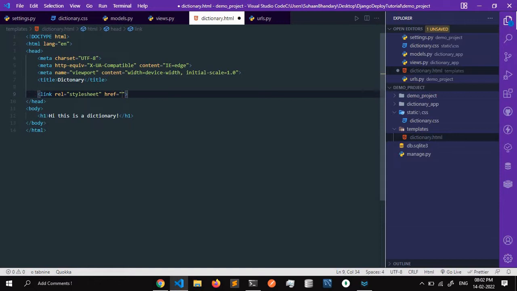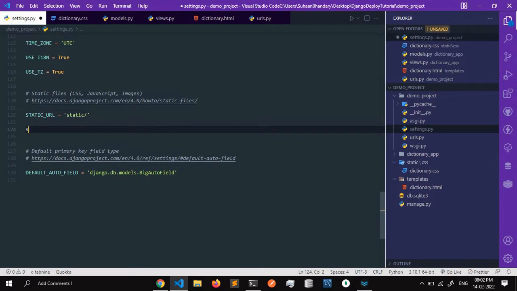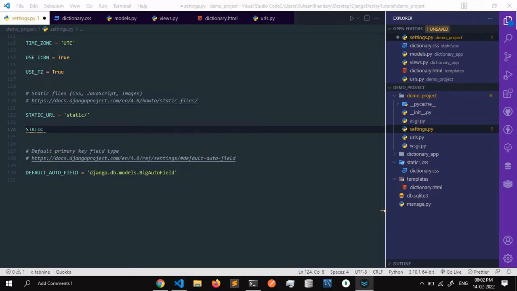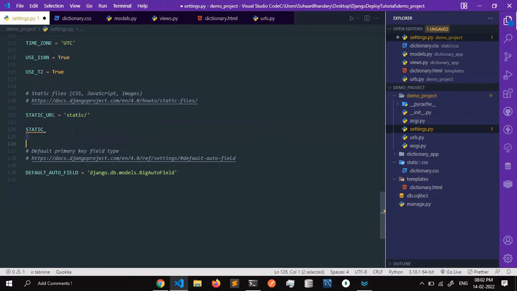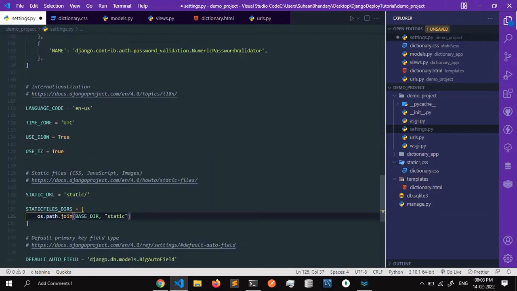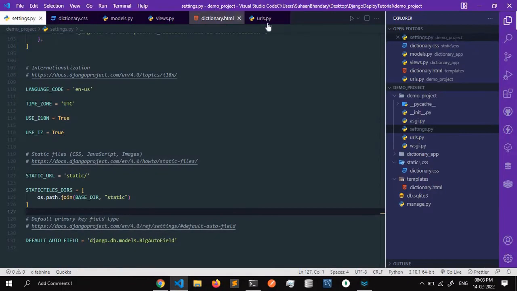Now how will we link our CSS file? For this, first we have to define this CSS file as static. For that, first come to settings.py, scroll all the way down to the static URL. Now define here static files, and after that the path of the static file. So static files dirs, os.path.join base dir, which is our demo project, and then static, which is our folder name. So we are telling Django that our static files are all located at the folder named static, the same as we did for our template here. So after that we will be saving it and then going to